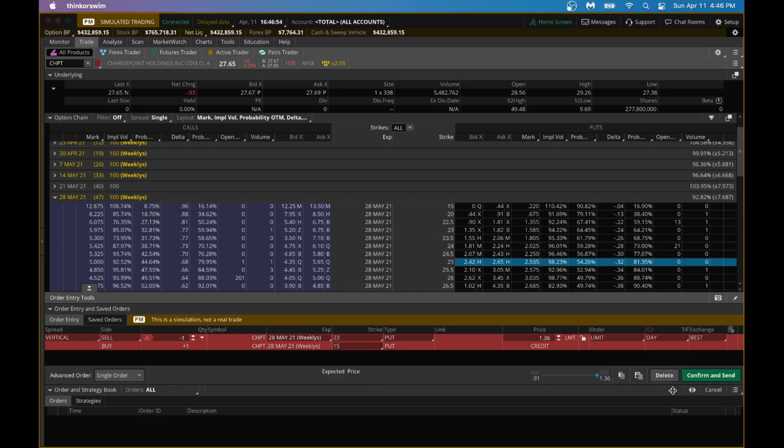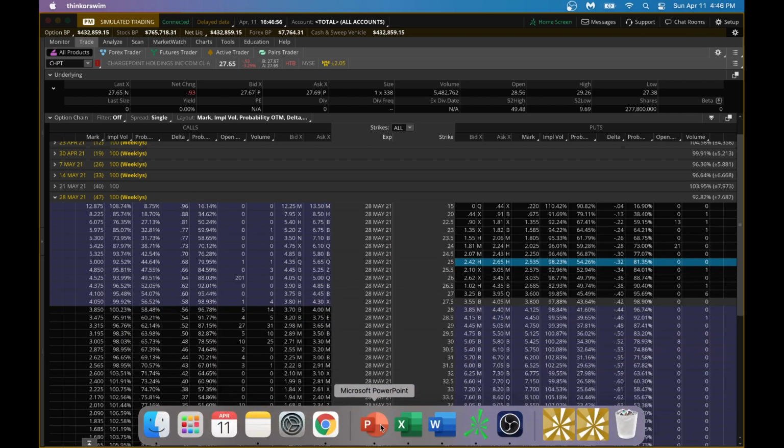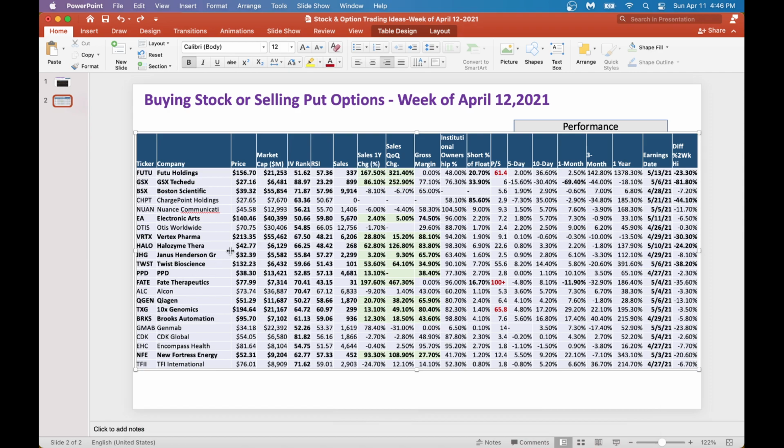So with that, what I would like you to do is look at this chart here. All these stocks have got high IV rank. You could follow the same methodology. See if the current IV is above historic IV. See if the RSI is too high for the stock, or is it at a lower level. And also look at the sales growth quarter over quarter, 1 year. I want that to be positive, and gross margin should be nice, positive. And if those criteria are satisfied, you can go ahead and initiate a put option sale.